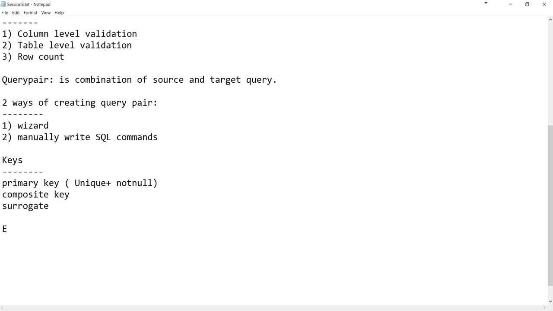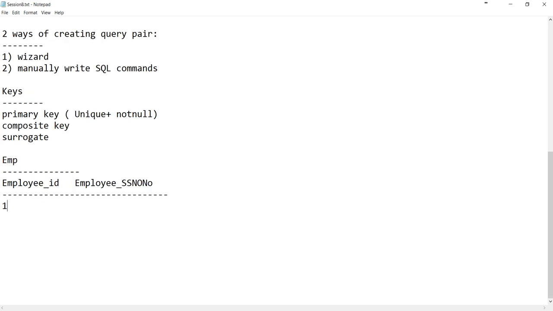SSN number. Okay. Now if I put a primary key, I can put it on a particular column. So if I put the primary key on employee ID, the data will be like this. Let me show you. For example, if I say employee ID 111, SSN number will be something different. Suppose this is 222, the SSN can be something different. And 333, it can be something different. So if I define employee ID as a primary key, the employee ID should contain only unique